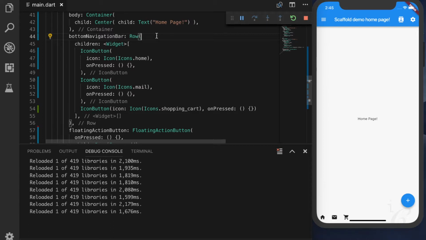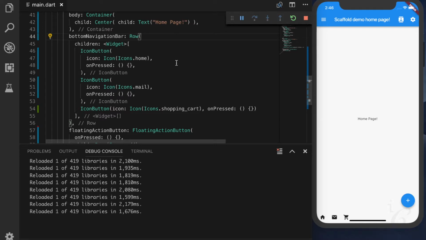The main axis is nothing but the scrollable axis, or the scroll axis. In other words, the main axis is where you add all the components. For a row we add components horizontally, so the main axis is the x-axis. For a column we add components vertically, so the main axis is the y-axis. So the cross axis for a row is the y-axis and the cross axis for a column is the x-axis.